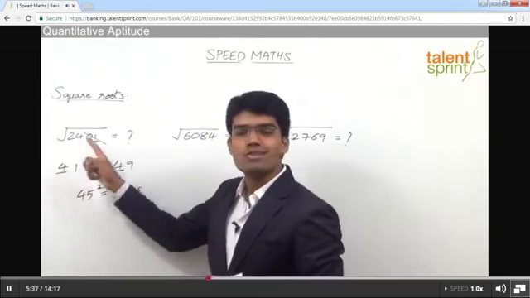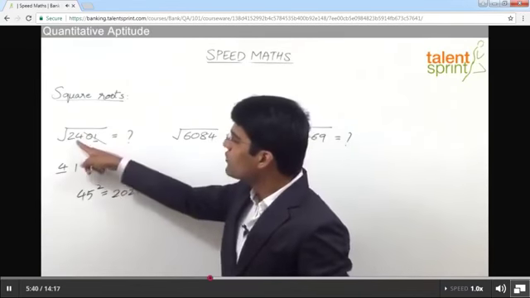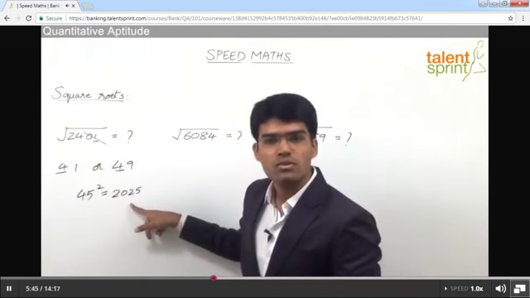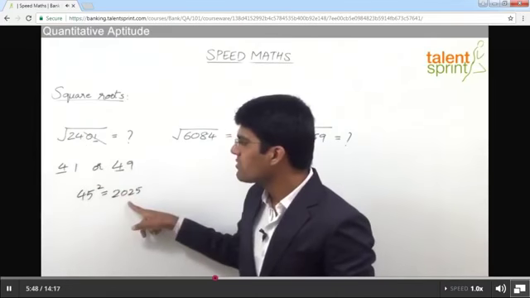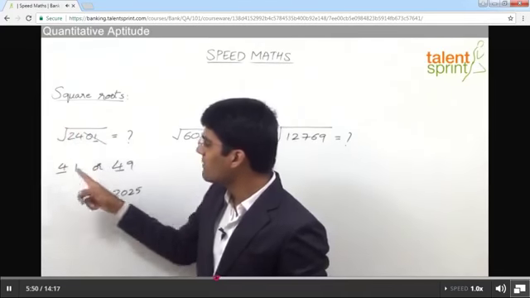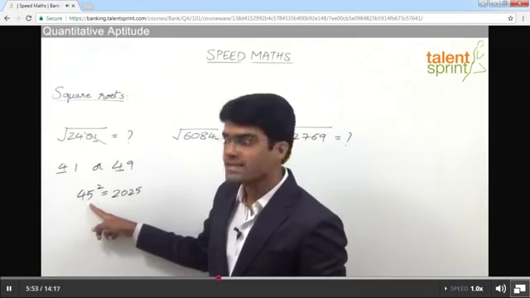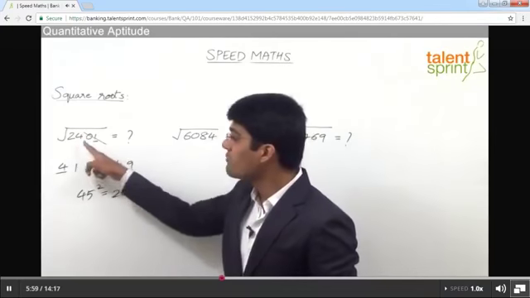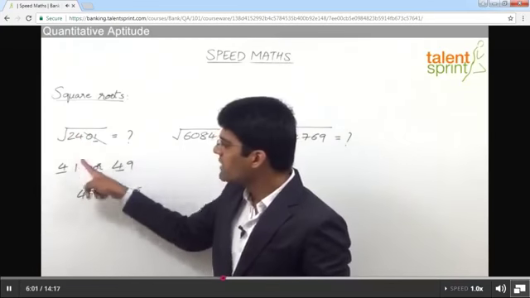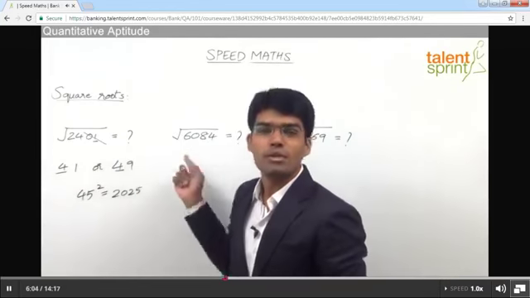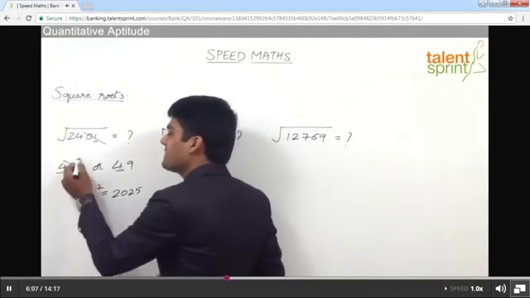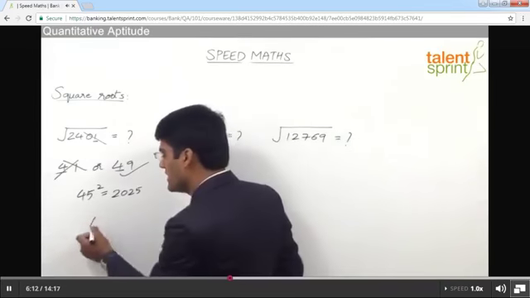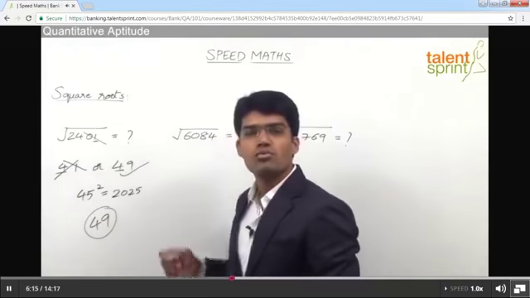The given number here is 2401. That means very clearly 2401 is more than 2025. 2401 is greater than 2025. If this number is greater than 2025, it is obvious that the square root of this number should be greater than 45. So the answer here has to be 49. Why? Because the number given is more than 2025. That means it is more than 45 square. If this number is more than 45 square, its square root will be more than 45. So 41 here is less than 45. That is the reason it is ruled out. And we can now say that the correct answer is 49. So 49 is the square root of 2401.